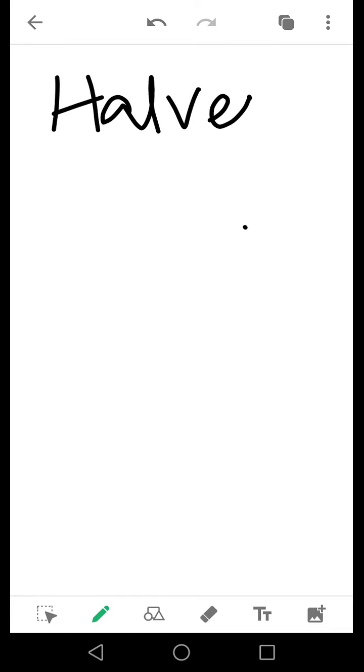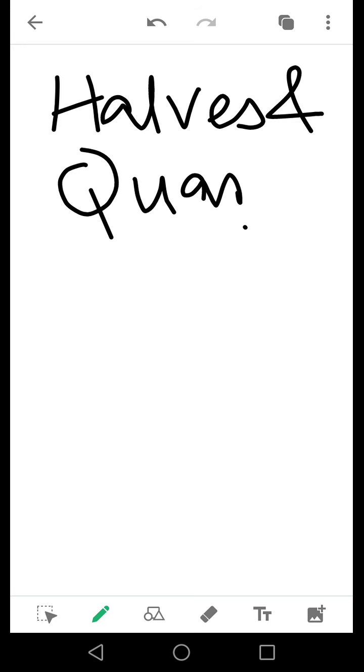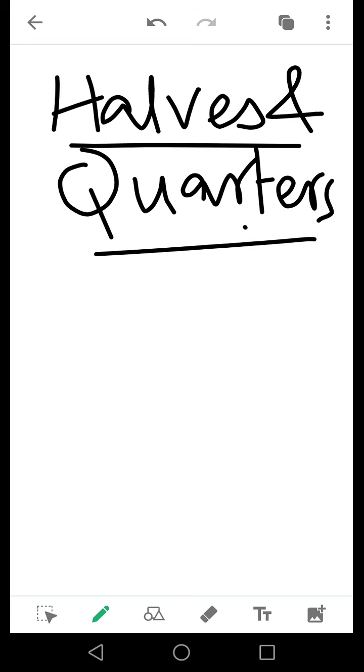Good morning, students. Today we will be learning about halves and quarters. I think you know about the word problems by now of halves and quarters. When you are doing a word problem of halves and quarters, you have, until now, calculated the numbers from the fraction. Now we will do the opposite: from numbers we will be getting fractions. Now this is very interesting actually.